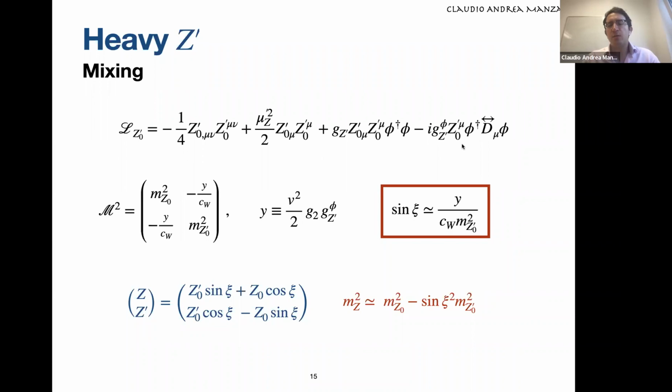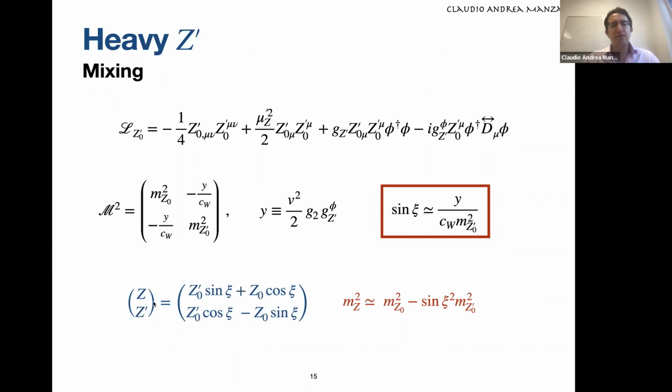And this is the reason why you can find several models in the literature with the Z prime explaining B to s ll data where this mixing angle is somehow suppressed by different means. Anyway, in our case, what we have to do is to diagonalize this mass matrix between the Z and the